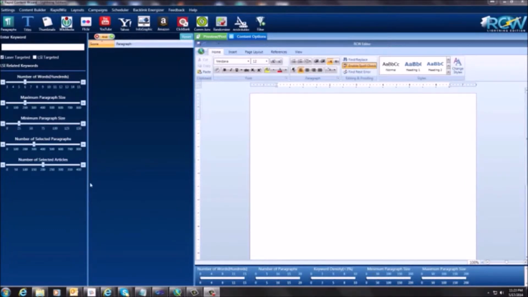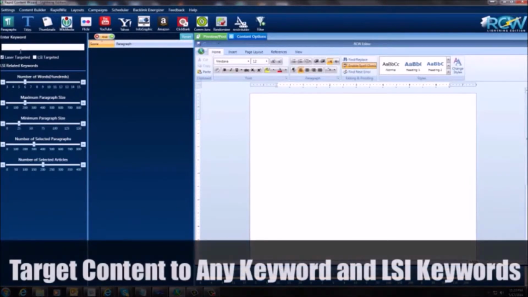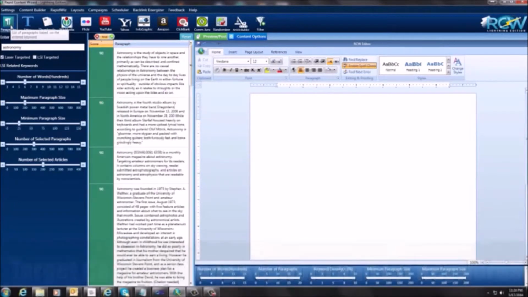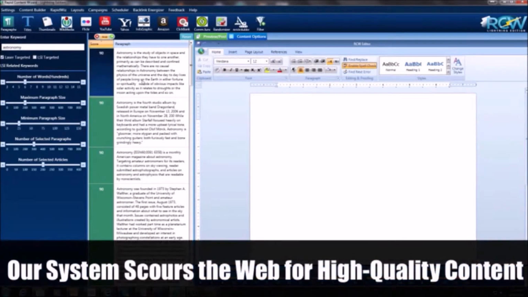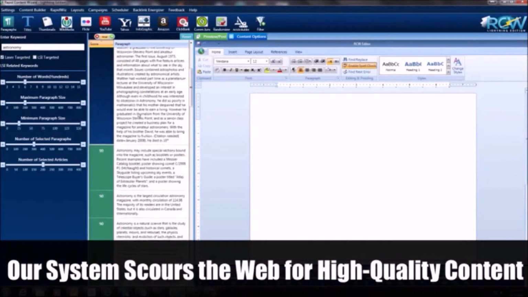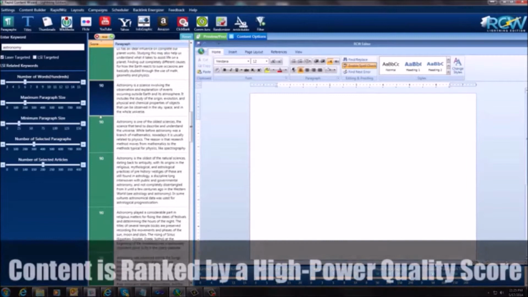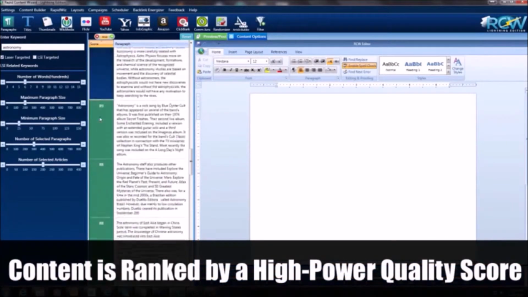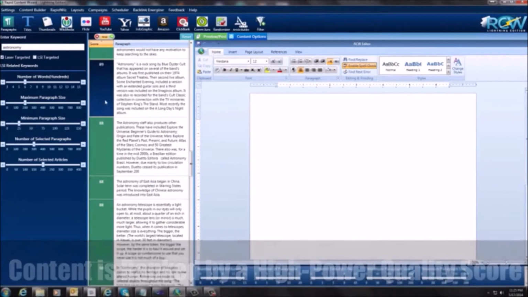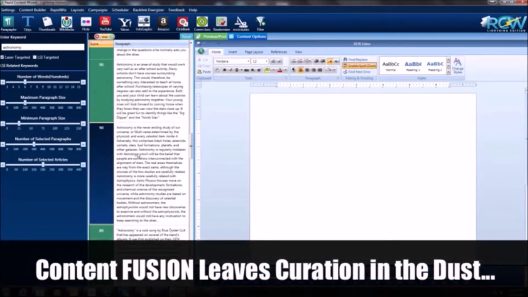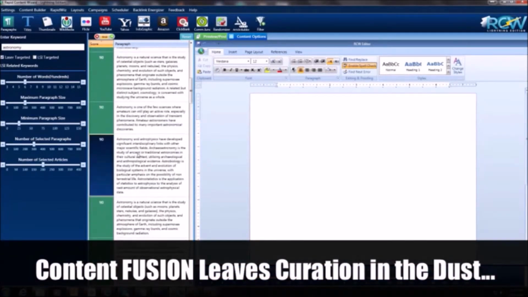So you can see on the screen here, I'm going to put in a keyword. I'm going to use astronomy, and I'm going to click on paragraphs. Okay, now look at this. We have lots and lots of paragraphs here that we can choose from, and they all have a little score beside them. I know a lot of them are in the 90s, but you can see they go down in value here. They've all been scored, and all the most relevant articles are put on top,